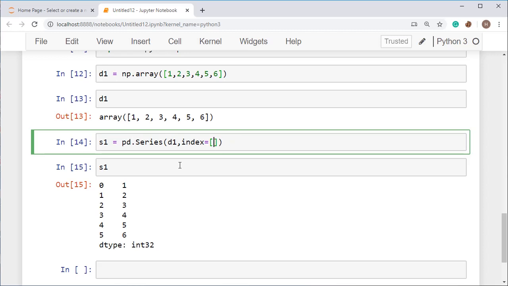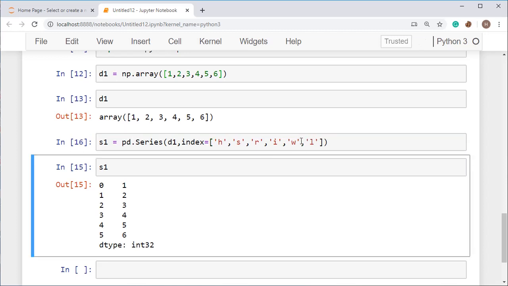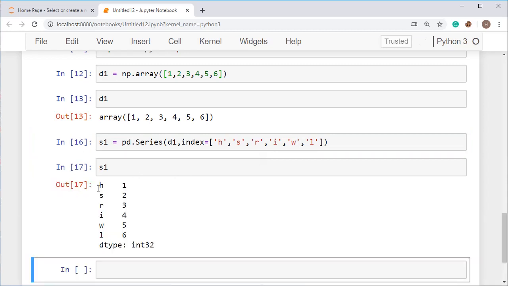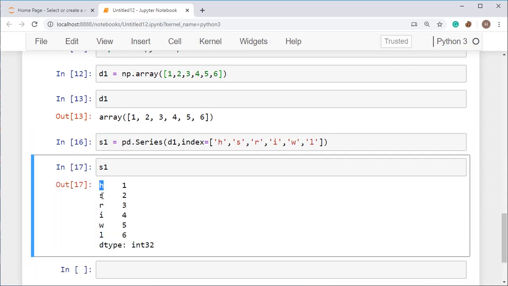I am putting the index like this. 1 as H, then S, then R, and then H, again sorry, use I, then use R. I have used R, so use another letter. So here how many have we taken? 5. Now put the sixth one, that one is L. All right, so now when you call s1, you will get the values like this. H index for 1, S index for 2, R index for 3, I index for 4, W index for 5 and L index for 6.